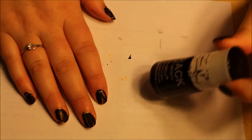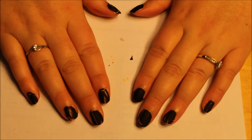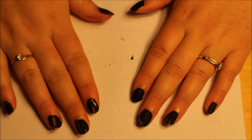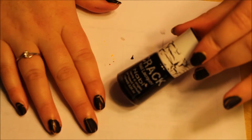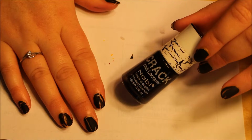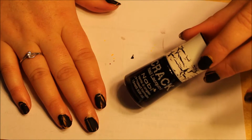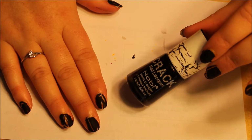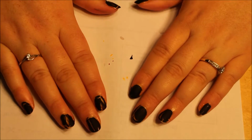I actually have a black of the Sally Hansen Overcoat. And that one, I mean, I think I should just use this as a matte black, because that's basically all it looks like. I mean, from the minimal cracking, it's basically just a matte black. So maybe it just didn't work with this polish. I don't know. I'm just gonna put it back with the used ones. But I mean, it doesn't say you have to use it with specific polish, but I mean, it just,